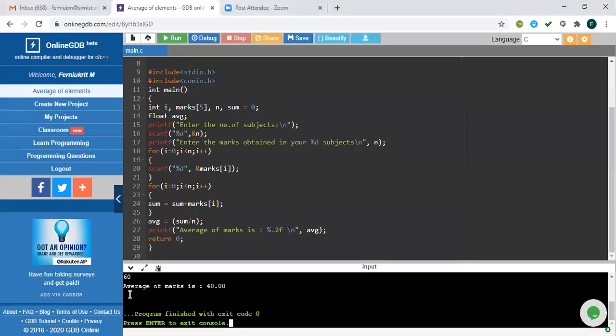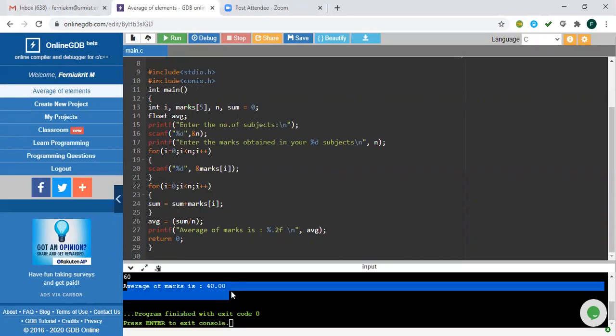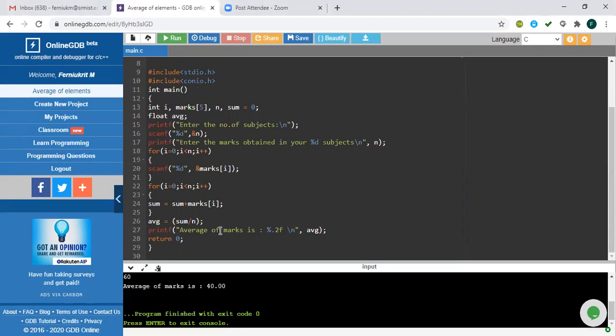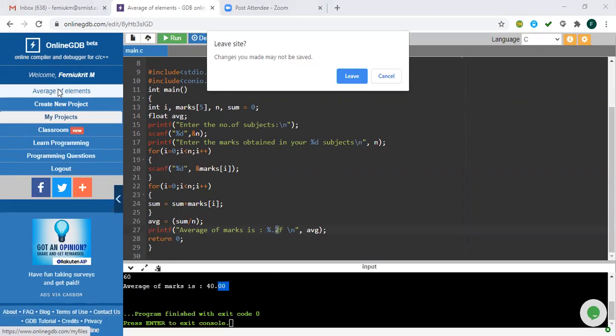You can see here the average of the marks is 40, because we asked to print only the average, with %0.2f, so we get 2 decimal places. This program was already explained previously. Now we will see the next one.